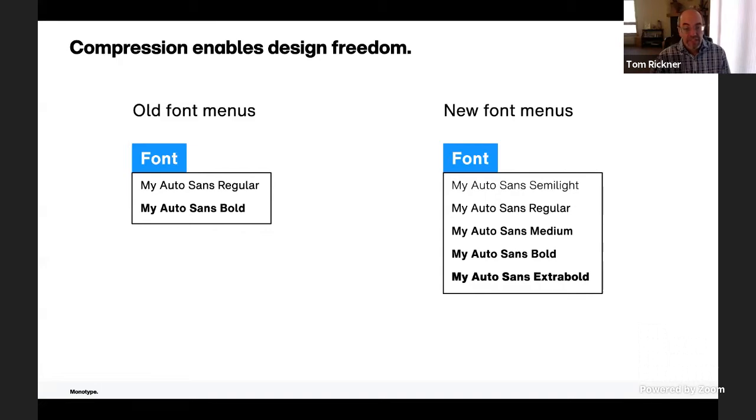And so it is now possible to have something like we see on the right, a range of 5 weights taking up the same space as the original 2 static weights of the regular and bold in a given font family. So that's pretty exciting when suddenly a UX designer is no longer limited to just 2 weights. And really, they're not even limited to just those 5 weights we see on the right, because with variable fonts,